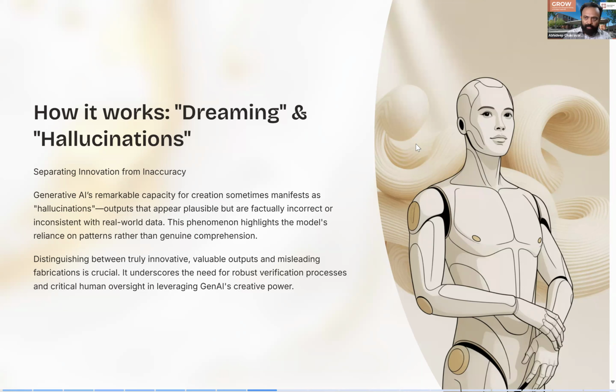Now, what is hallucination? Hallucination is the part where one of the selection of the next word went wrong. Because it went wrong, the next word, even if it fits with the previous word, because it is wrong, it will keep creating the answer which is actually wrong. So when you ask a question and you suddenly see a wrong answer or you doubt that part of